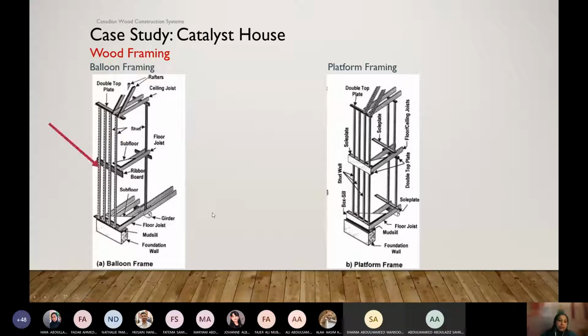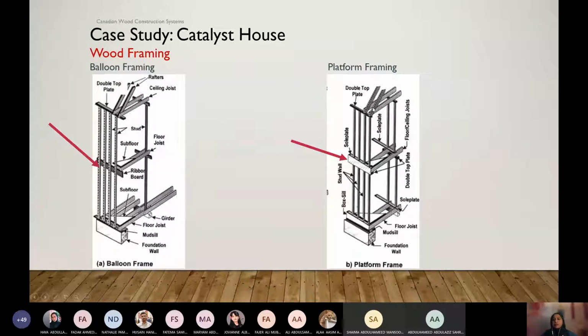In balloon framing, you see here, these are the walls. The walls are continuous from the bottom till the roof, and then we insert the floors in between. Whereas in platform framing, we do the floor and then the wall, then again the floor, then the wall again, and then the roof.